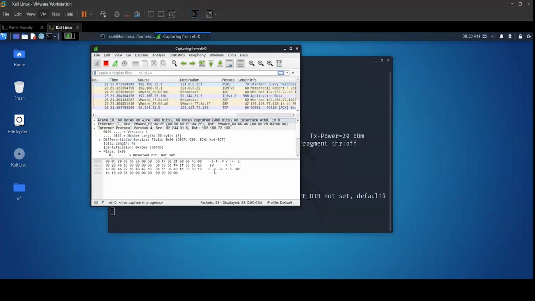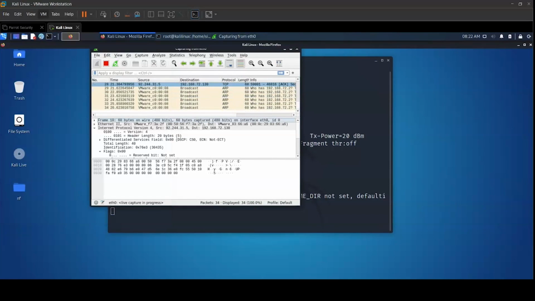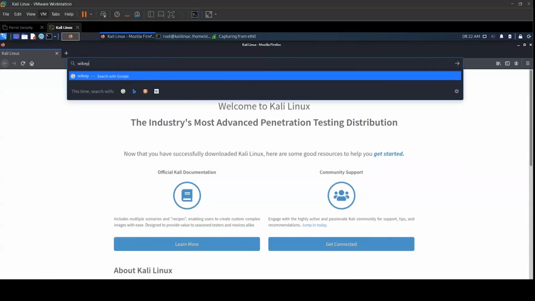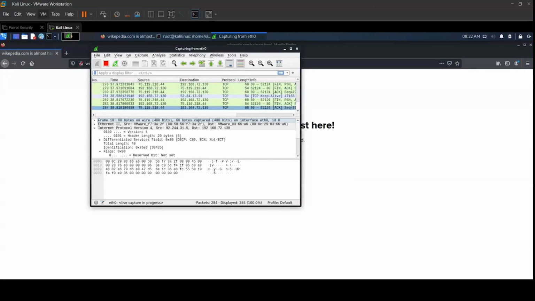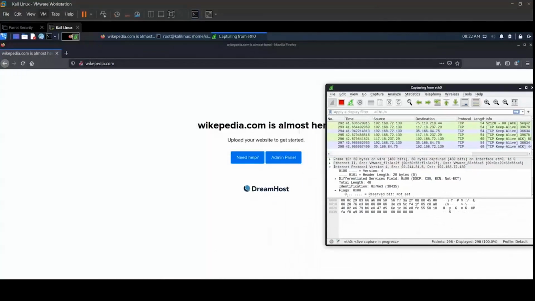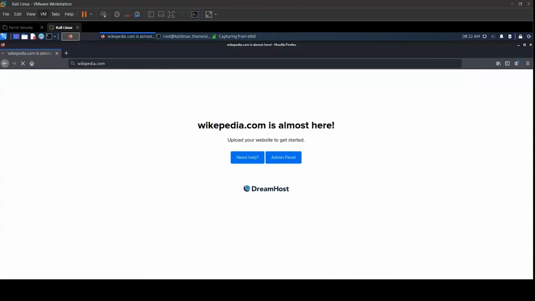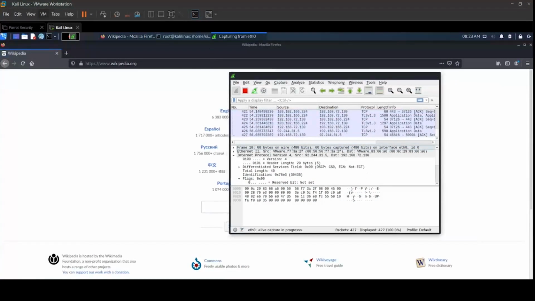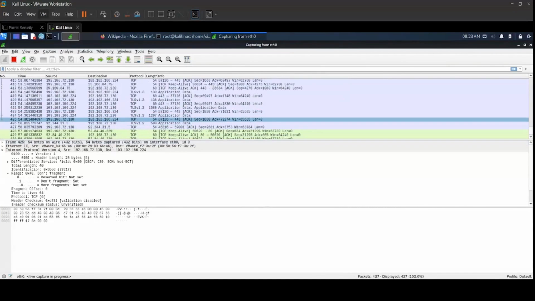To capture internet traffic, we can try running Firefox. If we just write wikipedia.com, and you can see the number of requests increasing. Okay, this is a spelling mistake. Wikipedia. Here you can see the application data of all these requests going up, and they're connected to a destination server of